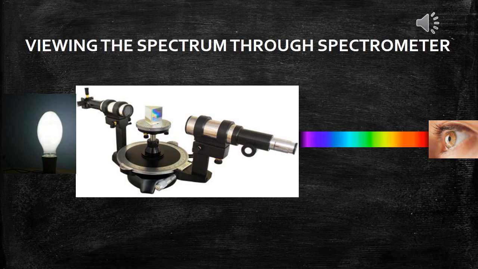To observe the spectrum in the lab, a sophisticated device, the spectrometer, is required. With the help of a spectrometer, we are able to observe the spectrum of various sources. In the meantime, we are able to measure the wavelength of spectral colors. Look at the diagram. Here, the source of light is placed in front of the collimator. The divergent rays from the source are converted into parallel rays with the help of the collimator. The parallel rays are made to be incident on the prism. The prism splits the white light into 7 colors. The 7 colors can be observed with the help of your eye. All the 7 colors appear as a spectrum, right from violet up to red.